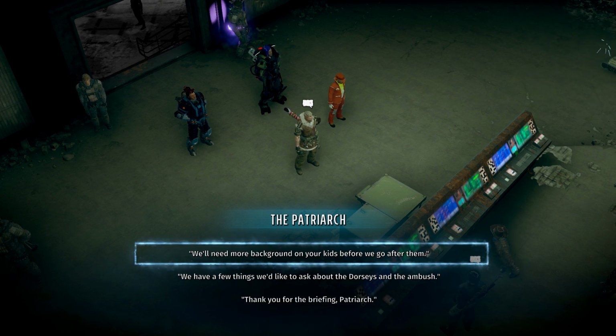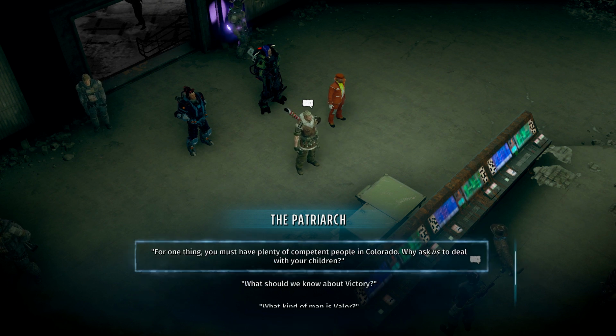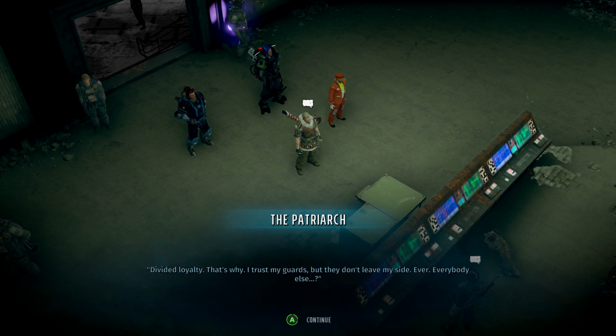I need more background on your kids before we go after them. What do you want to know? I want to know, why do you need us to deal with them? Divided loyalty, that's why. I trust my guards, but they don't leave my side. Ever. Everybody else...